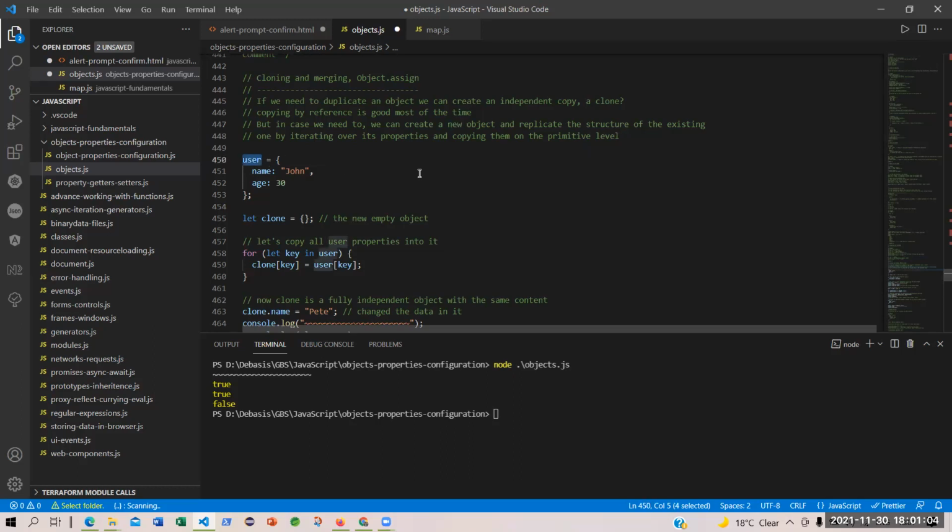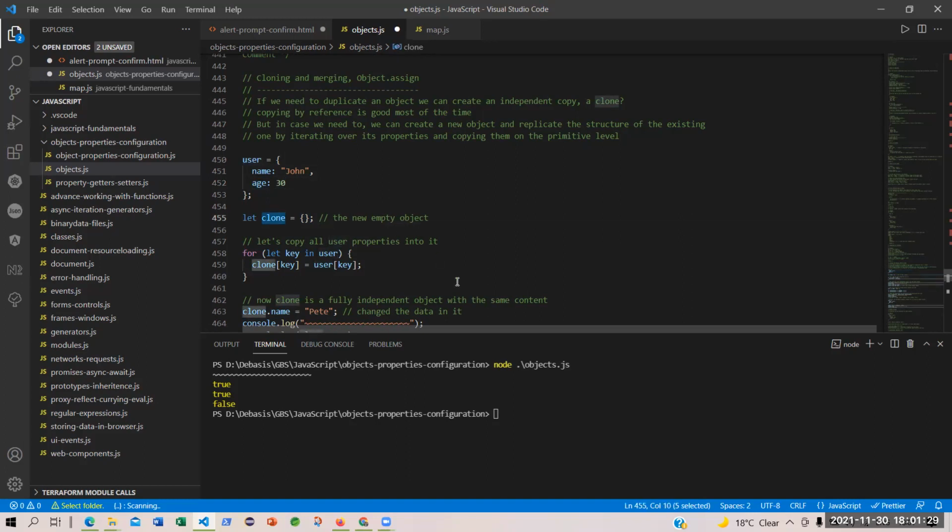We have a user object with properties name and age, John and 30. Fine, simple. We are creating another object, which is an empty object. Let's copy. I do not want to type in all these things. I want to replicate it from user to clone.